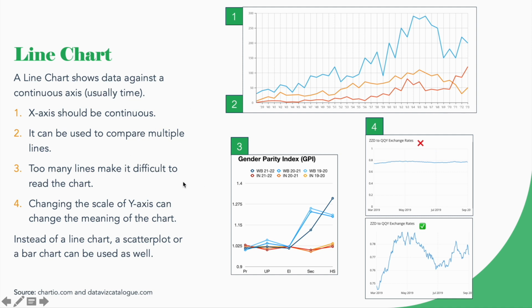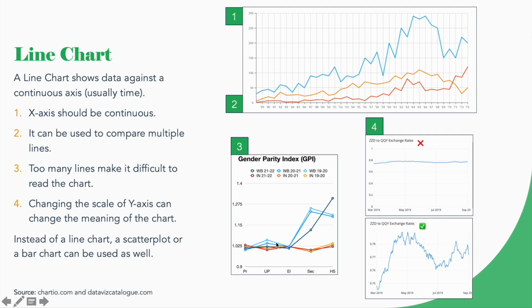But if you have too many lines, it can be very difficult to compare. As you see here in chart number 3, there are 6 lines drawn on the same chart. And there's another mistake that's happening here, you see this is not a continuous x-axis. You see this primary, upper primary, elementary, secondary, higher secondary, this is not a continuous axis, but it still works out in this case. But ideally, this should not have been a line chart, this should have been a scatter